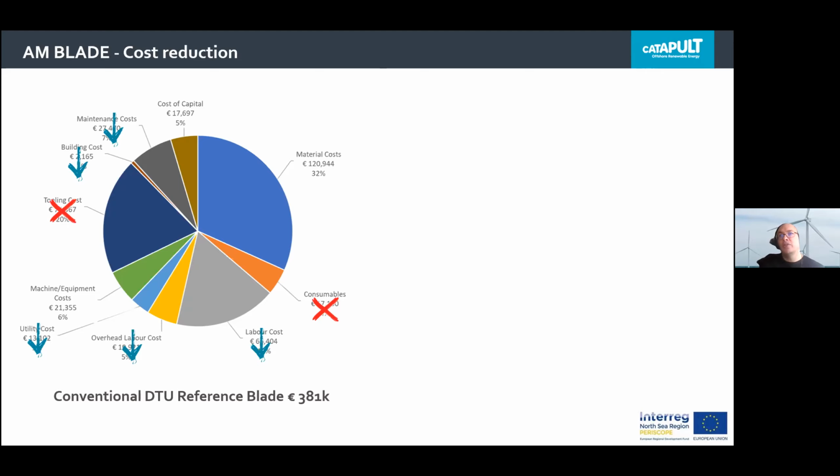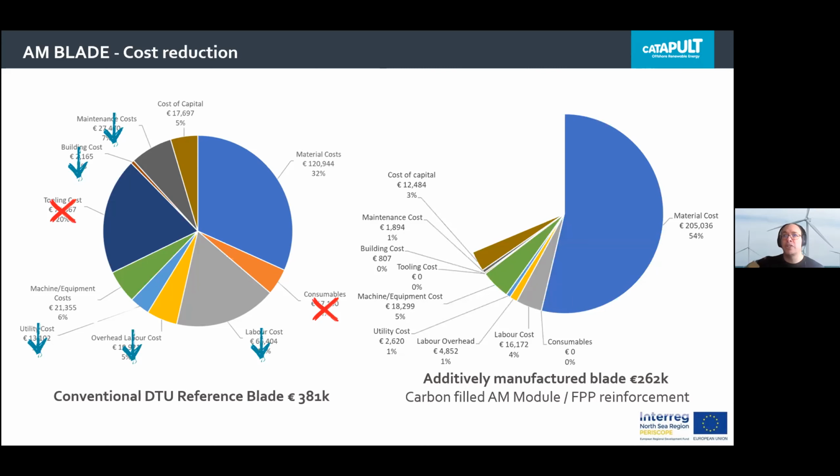And we compared this to 3 situations or 3 variants of the concept that I've shown. The first of which is basically to have a carbon-filled AM module. So that simulated material we showed used carbon fiber in a base resin, and that was extended throughout the entire blade. So FPP was used to put down the spar caps as well as the skins. And for that, you can see a clear reduction of around 31% in the cost differential